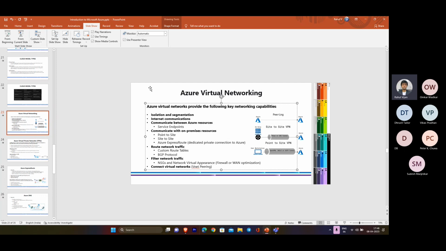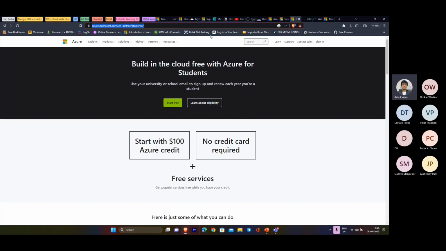Basically, there is a whole IP address range, and we divide it based on classes. There are two types of divisions. One is classless network segmentation, and there is class-based, classful network segmentation. For classful, it is basically divided into classes: class A, B, C, and D. So when we talk about classful,